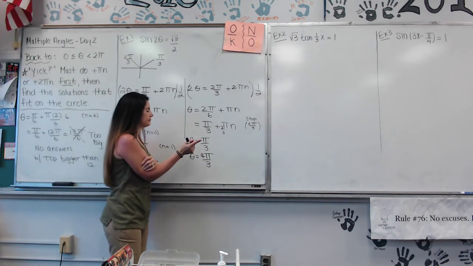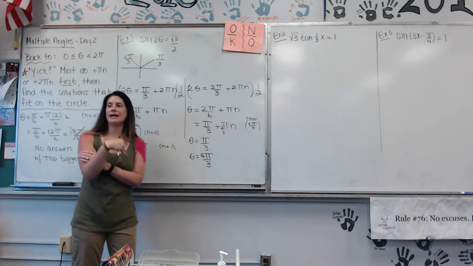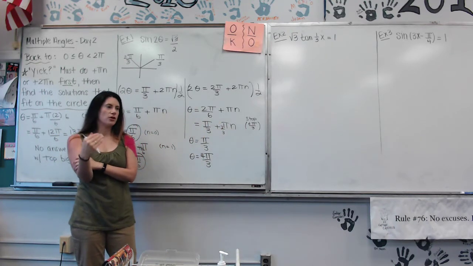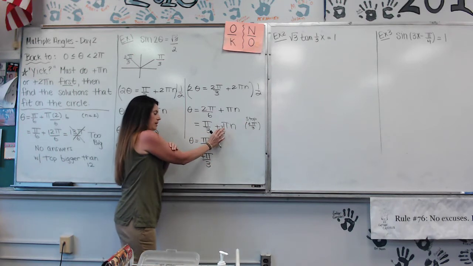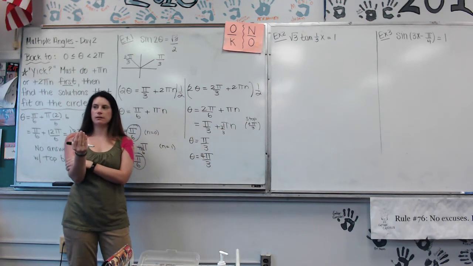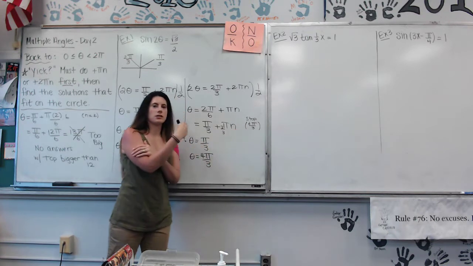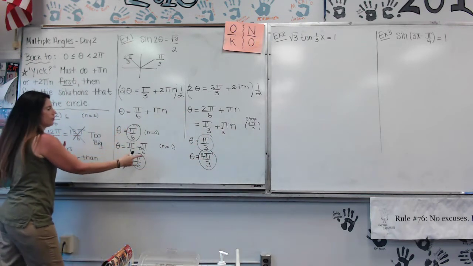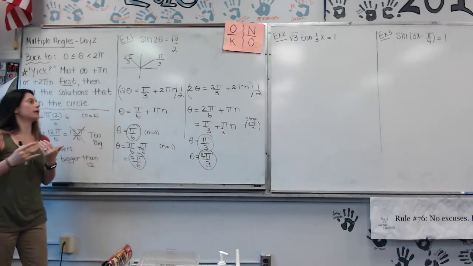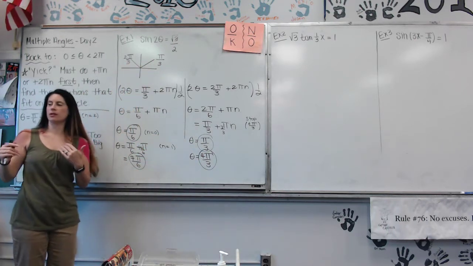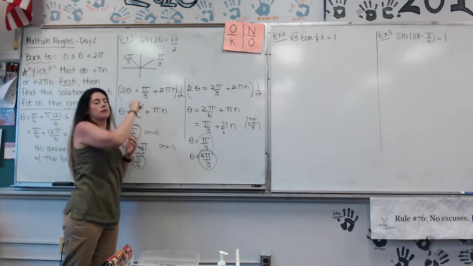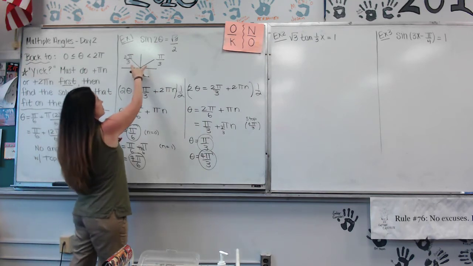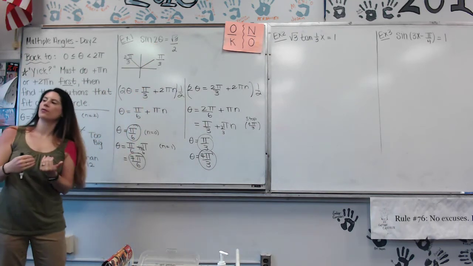What happens if I take my answer and add on another pi? What if I make n 2 and I add on another pi? Well, 3 plus 4 is 7, right? And 7 is bigger than 6, so I'm done. I found both answers. So I have 4 answers, where normally I started with 2 answers. Do you think that has any connection to the 2 at the top? It does. What you would normally have as 2 answers, that 2 doubles the number of answers, and you now